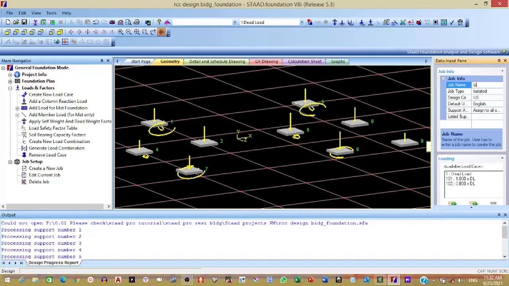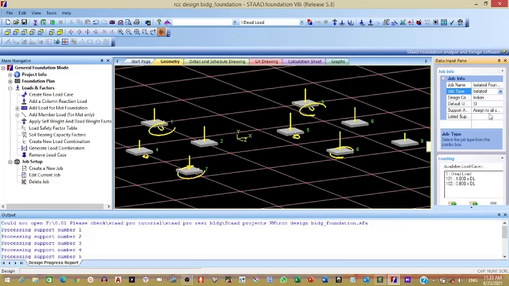Then you type the job name, that is isolated footing design. Footing or isolated foundation design. Then job type, it is isolated, and design as per Indian. We are designing as per Indian standard, and default.